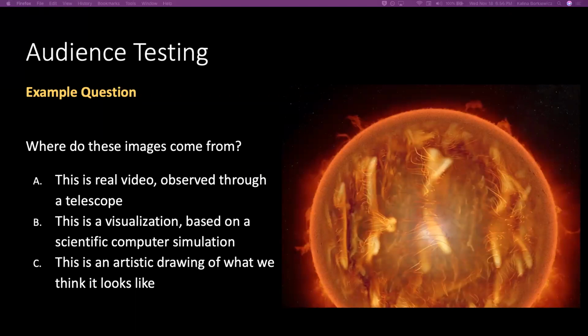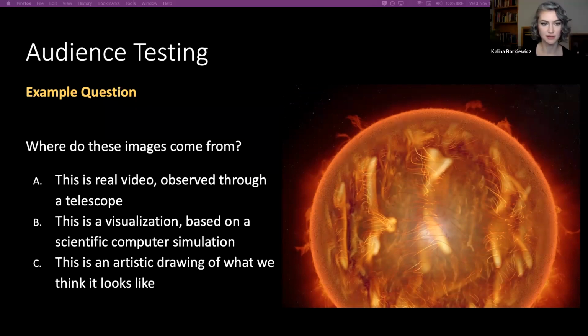So this is a data visualization, and it turned out that 100% of the answers thought that it was at least partly a visualization. So nobody thought that it was purely images. No one thought that it was purely an artistic illustration. So I thought that was a success. Well, actually, the rim of the sun is photographic imagery, and everything else is a visualization. So it is a combination of both. And since we were really focusing on solving this problem of people not understanding, in this case, we succeeded.